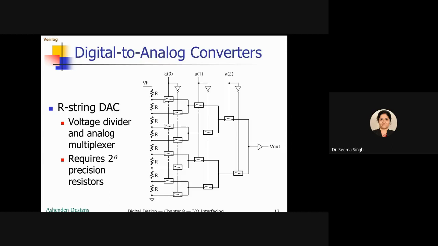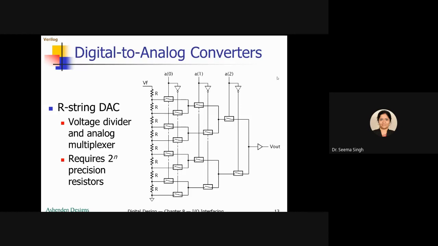So when this series of switches closed, what is coming at the output is this connection. This connection is coming, and this connection coming means what? How many resistors are coming down to it? There are 7 resistors coming down to it. So what will be the voltage level? The voltage drop across this 7 resistor will be seen at the output. So this is corresponding to 111.